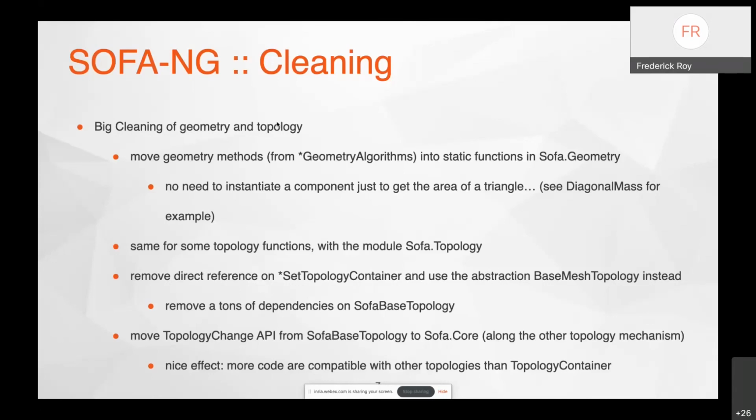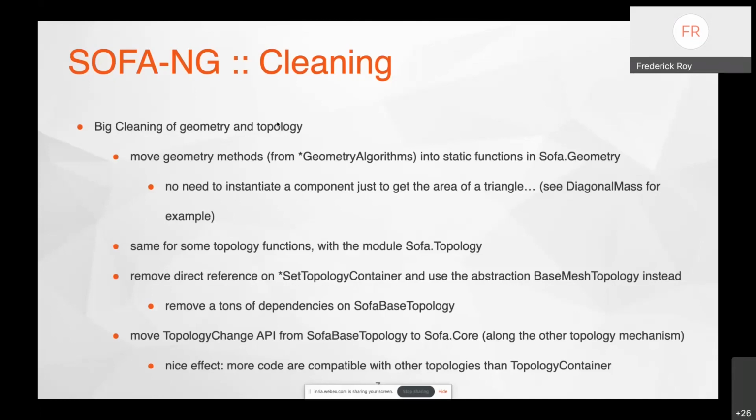So there was a lot of work in diagonal mass and mesh matrix mass. I've done the same for the topology functions, like getting all the hexahedra around a vertex. And one other big task was to remove a direct dependency on the implementation of topology, called something set topology container, so triangle set topology container, quad set topology container, and so on. And instead to use the higher level in the hierarchy, the abstraction base mesh topology,